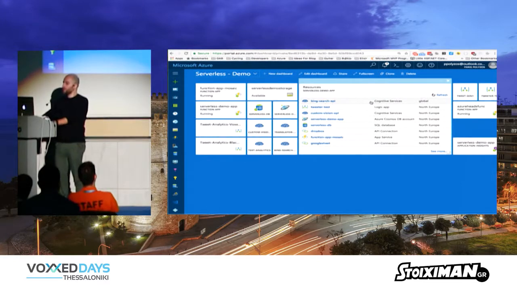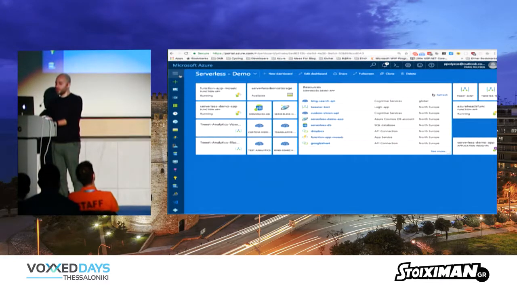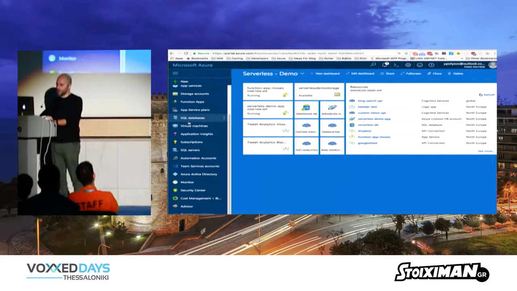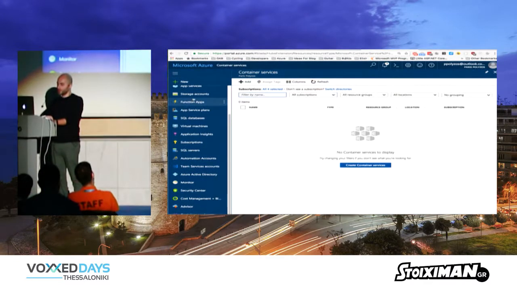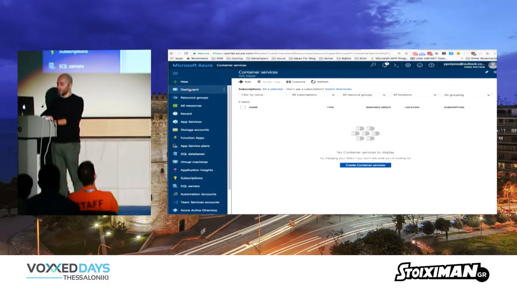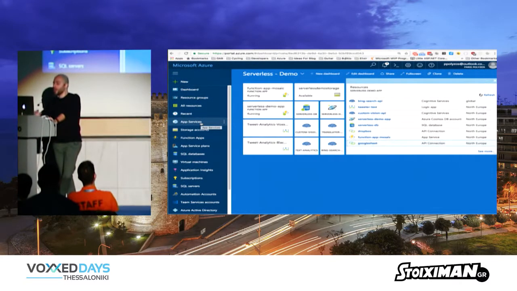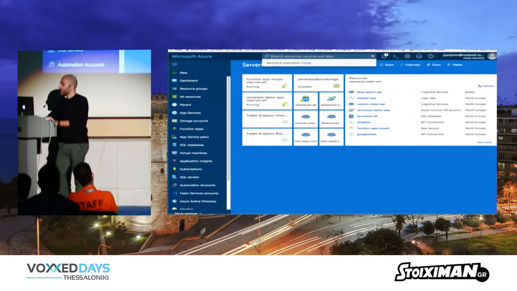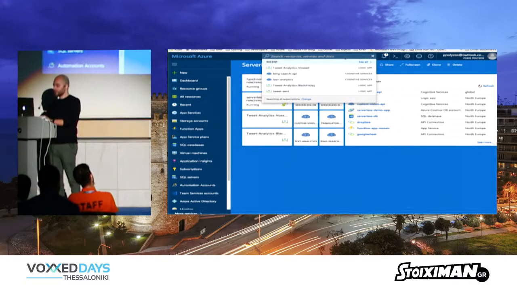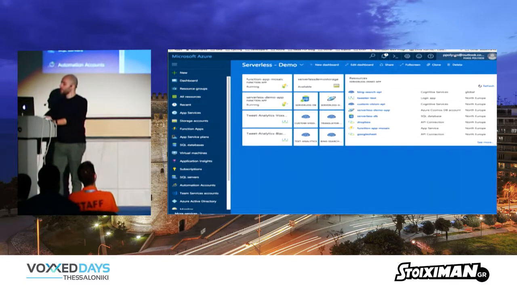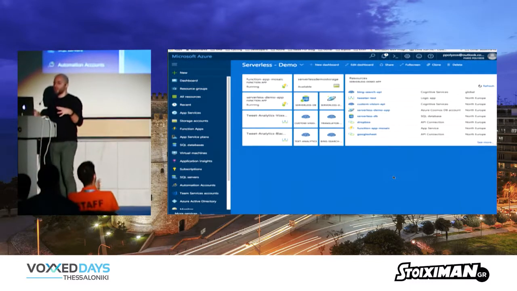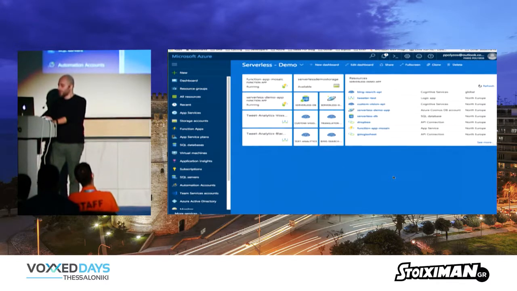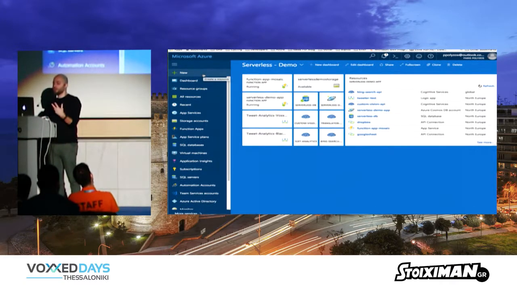The Azure portal is mainly split into three areas. The one on the left is where your services are, your favorite ones, because there are a lot of others. At the top bar, you can see the notifications and the search text field, where you can easily search to find your resources, and some other stuff about your account and some settings. At the center, there is the main dashboard where you can pin shortcuts to the services that you want to use. So here I have created a serverless demo function,